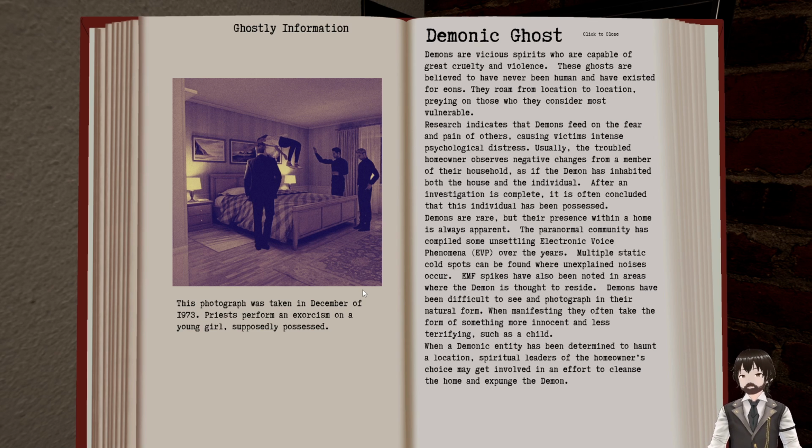Paranormal community has compiled some unsettling electronic voice phenomena over the years. Multiple static cold spots can be found where unexplained noises occur. EMF spikes have also been noted in areas where the demon is thought to reside. Demons have been difficult to see and photograph in their natural form. When manifesting, they often take the form of something more innocent and less terrifying, such as a child. When a demonic entity has been determined to haunt a location, spiritual leaders of the homeowner's choice may get involved in an effort to cleanse the home and expunge the demon. Well, shit, that's